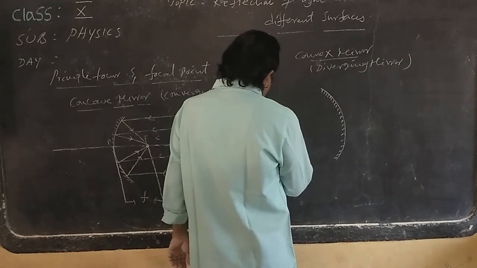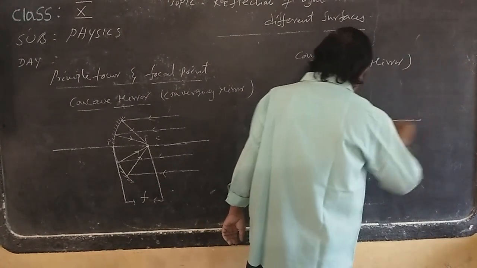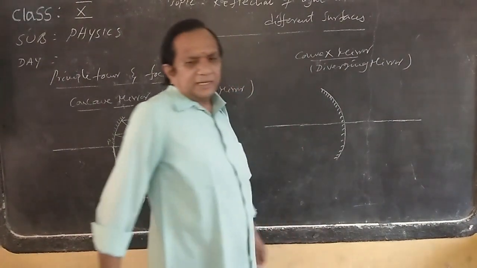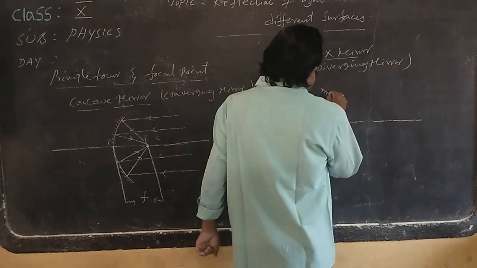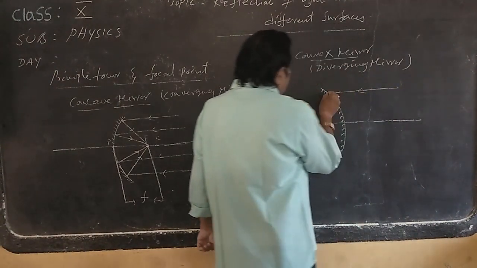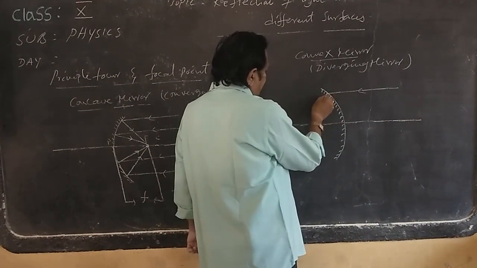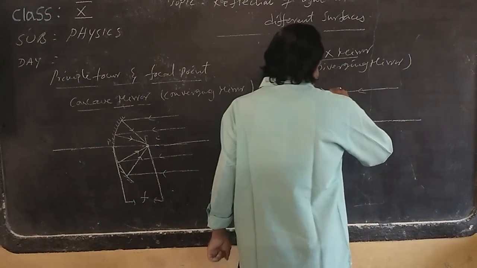And draw the line. What is this line? Principal axis. This line we call the principal axis. Now what happens? The rays come from the source and touch the mirror at one point, and from there